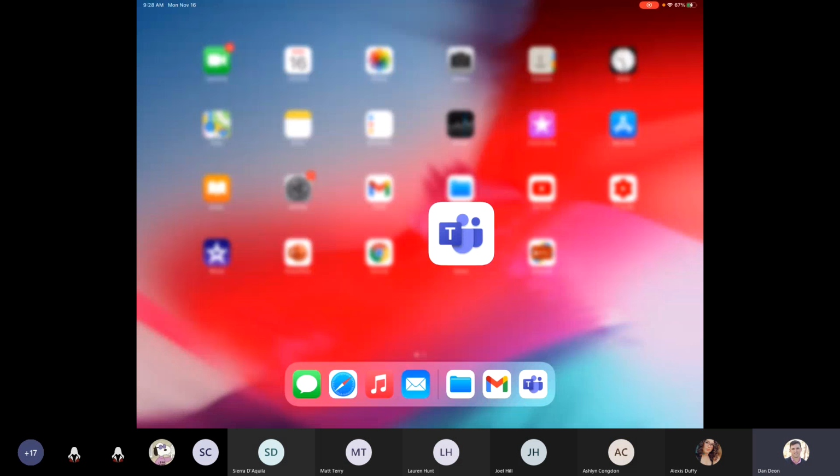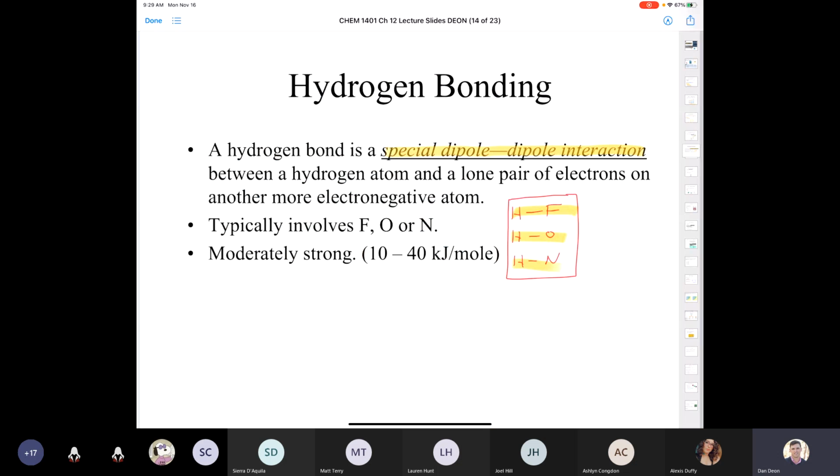All right, so this is one of the last slides that we looked at on our last lecture when we were talking about what a London force is, which is the weakest type of intermolecular force. London forces are also sometimes called induced dipole forces. Then we looked at dipole-dipole forces, which are present in molecules that have a permanent dipole. And then we looked at a special class of dipole-dipole forces that falls into its own category, and we call